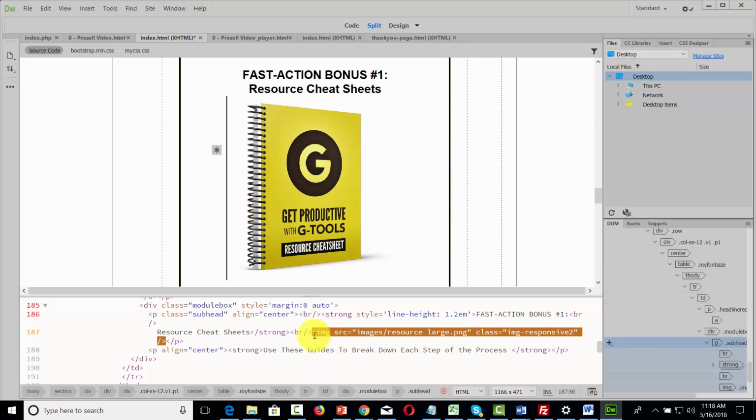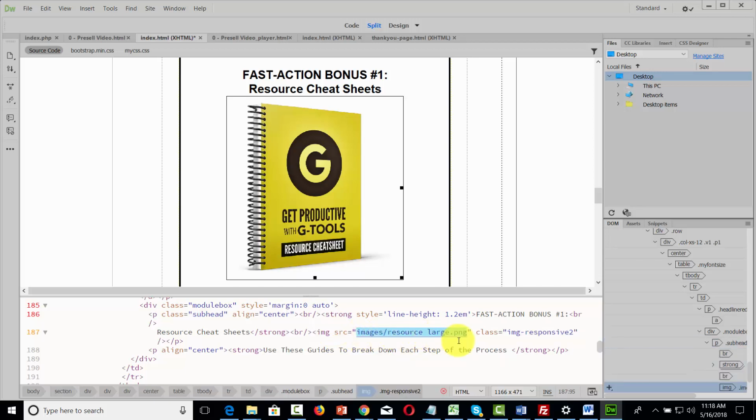So the way to insert an image is that we're going to use the IMG space, then SRC, and then we're going to have the URL within the quotations. Now again, if we're working from a folder where our index file is, we don't have to put the entire URL there. However, if we do, then we are going to have to use the entire